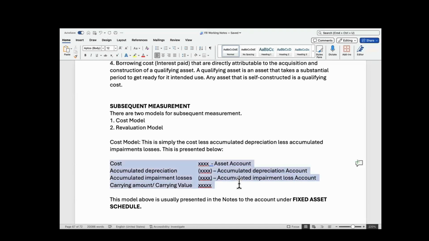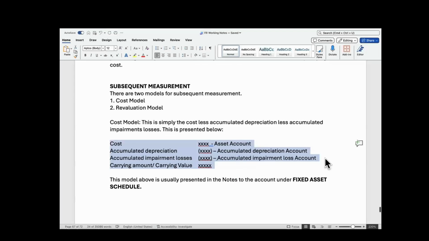You see, this formula itself, these workings, is done in a fixed asset schedule. And this is exactly how it's presented, as I've presented it to you. I'll still give you further details later. It's really not more than that. Second one is the revaluation model. Similar to